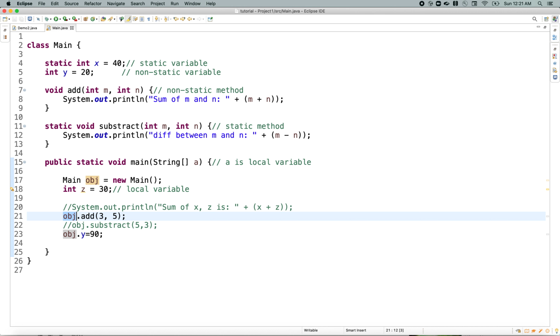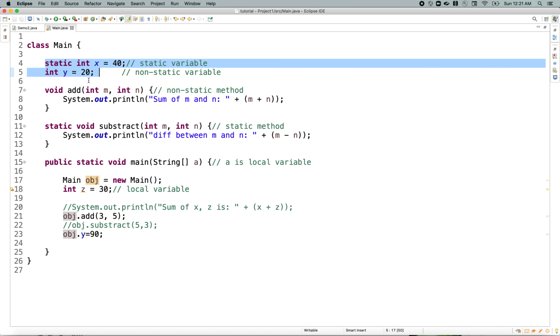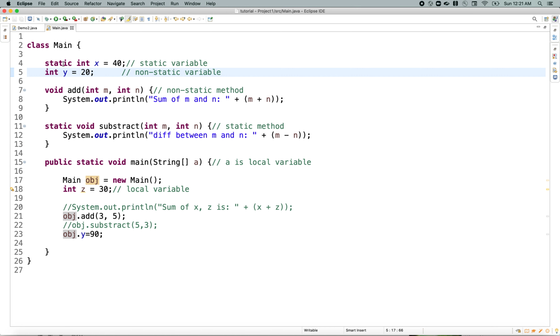But before we go into the reason why it is happening, let's summarize what we have covered already. This is the first program. We declared static and non-static members, which include variables and methods, and then we created an object. We created a local variable.